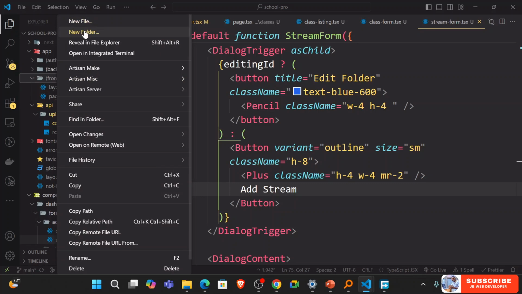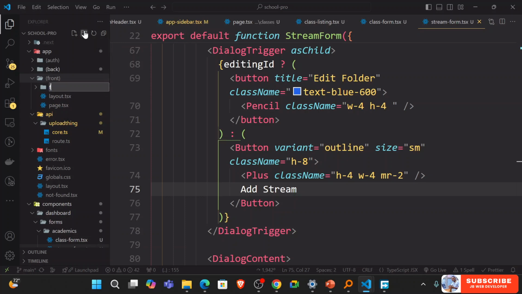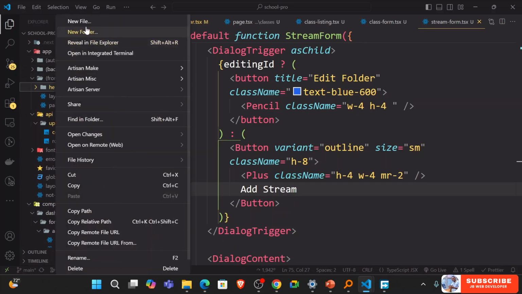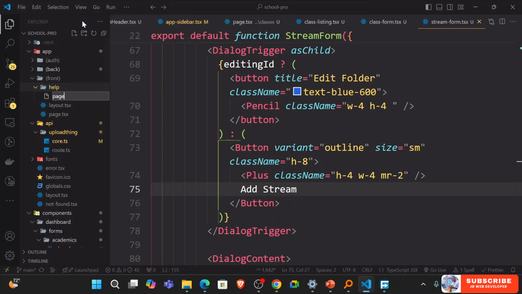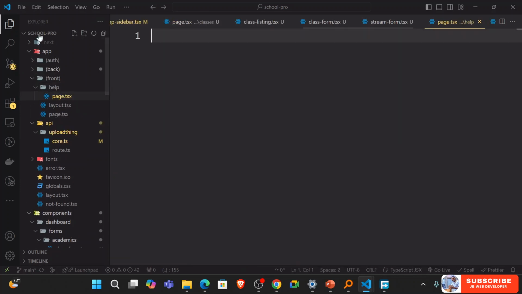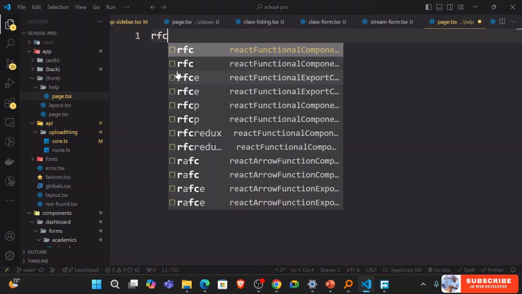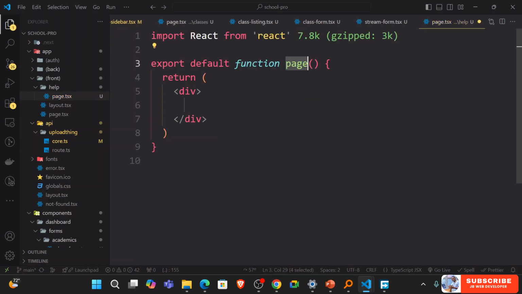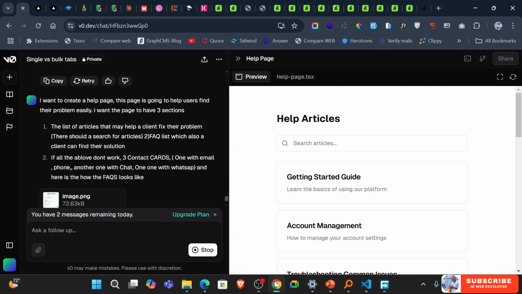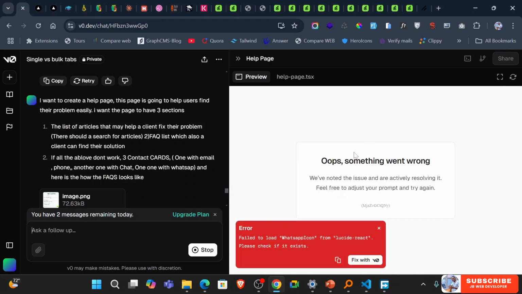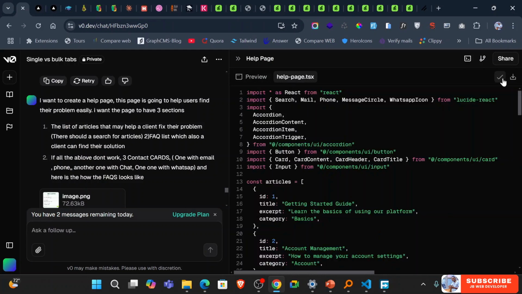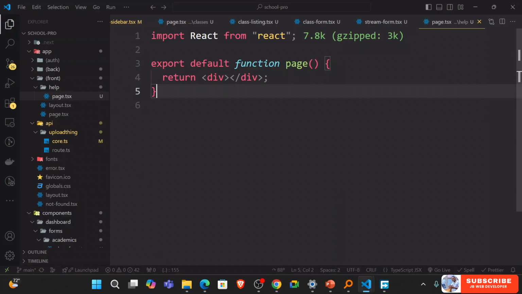Okay, I'm just going to say front, and I will just say help. So if you have anything you want, you can just go to the help page, and then inside the help, I'm just going to have page.tsx. Okay, so we have this, the help. Just go ahead and